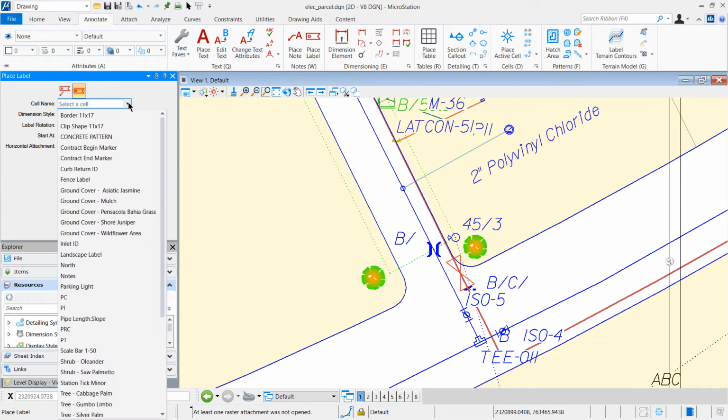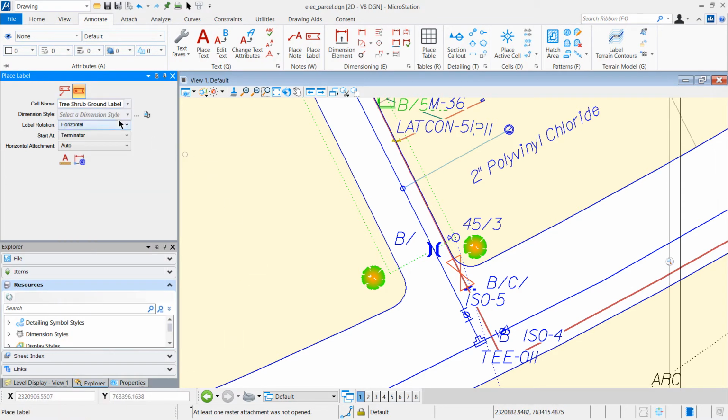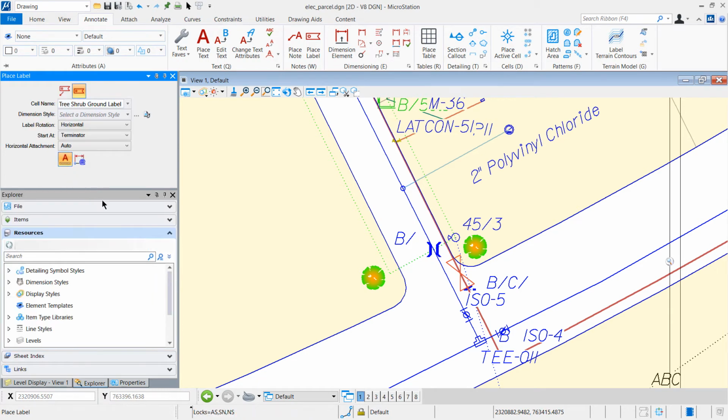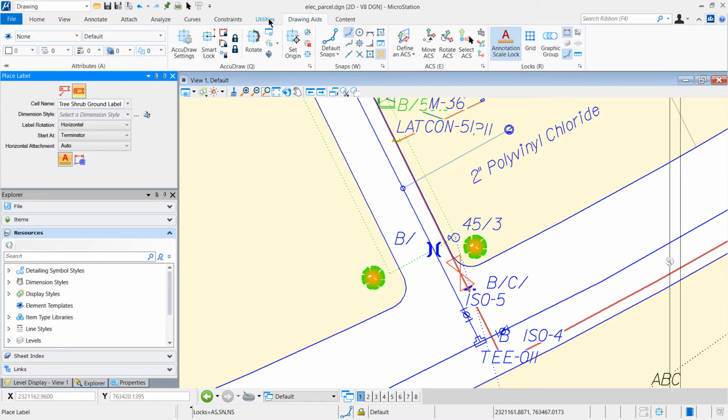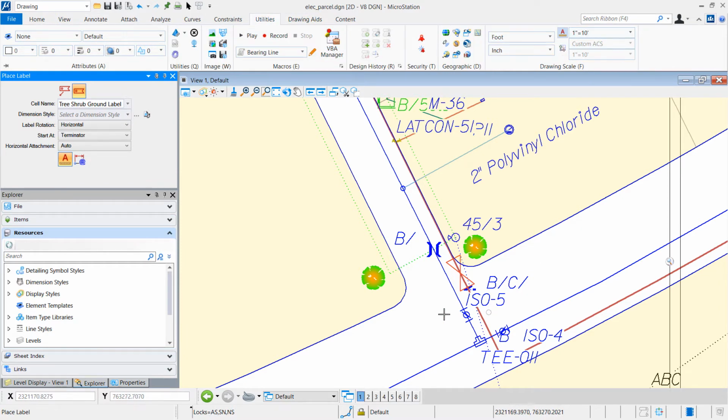Now, these labels are actually based off of a cell, and these cells actually are intelligent. So they're going to come in, and they're actually going to allow us to find out about these trees. So I'm going to go ahead and